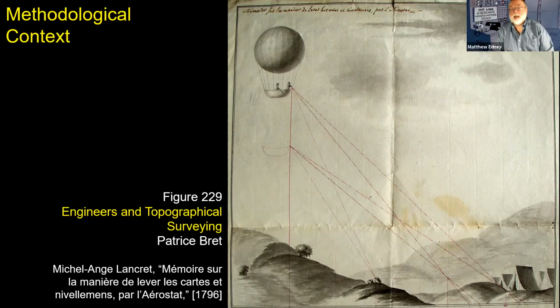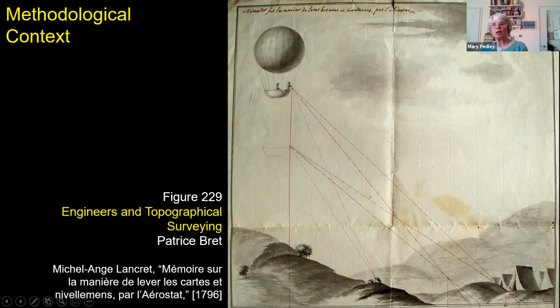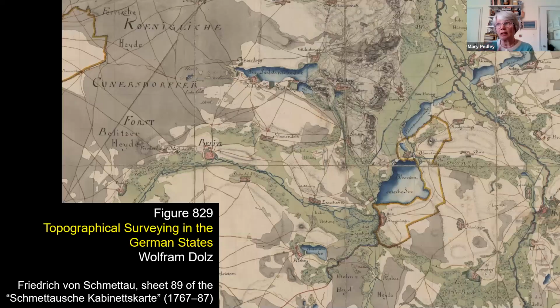And you don't actually get any aerial surveying in practice. This is all very hypothetical. We don't get it in practice for 6, 7, 8 more decades yet. But it does demonstrate that military engineers were also on the cutting edge of thinking of new ways of doing things. And the continuing use of topographical surveying to also show different kinds of land uses as well as land forms